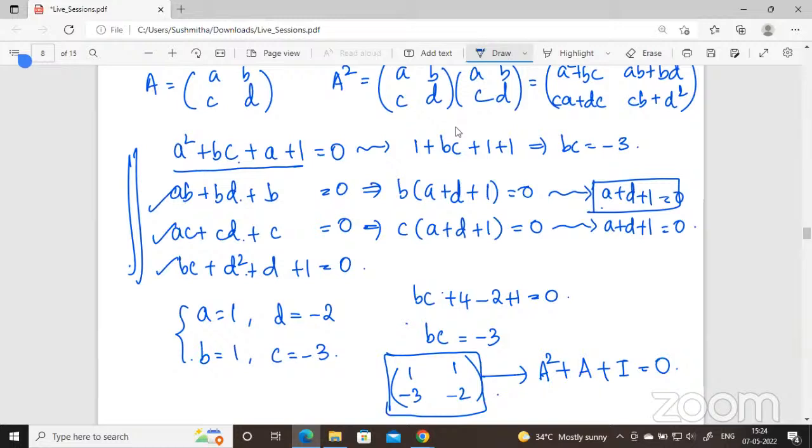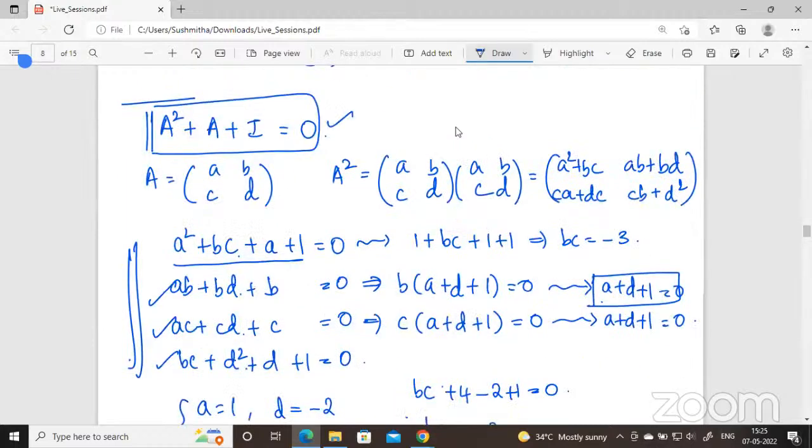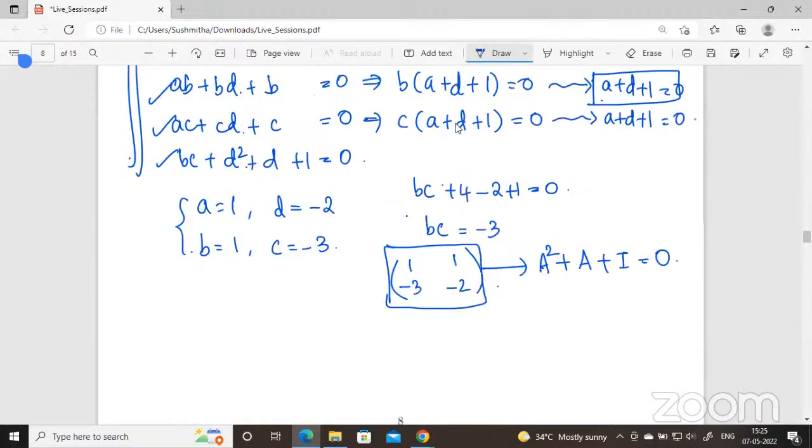Excuse me. I don't know whether it has been discussed earlier because I was outside for a moment. Can we consider A squared plus A plus I as a quadratic equation, and then check whether b squared minus 4ac is greater than zero or something like that? You don't have a real solution to this. Okay. But there are real matrices which satisfy this. That's what we have shown, ultimately.